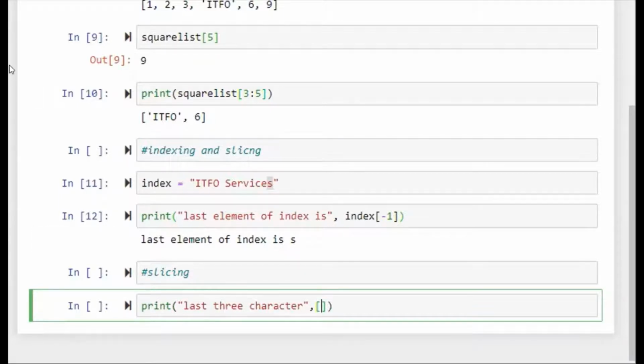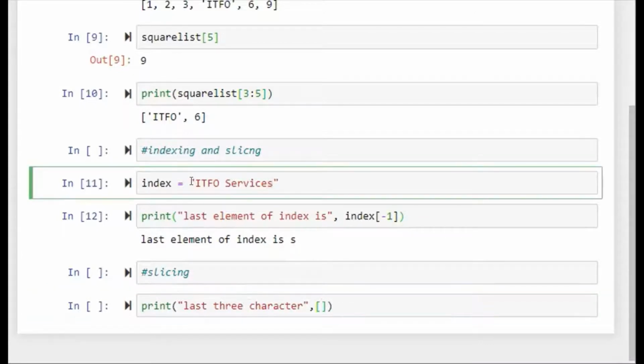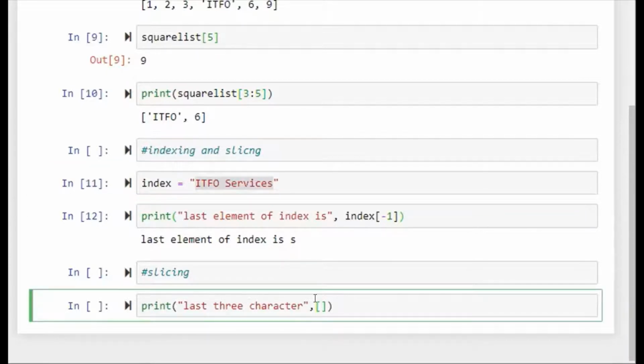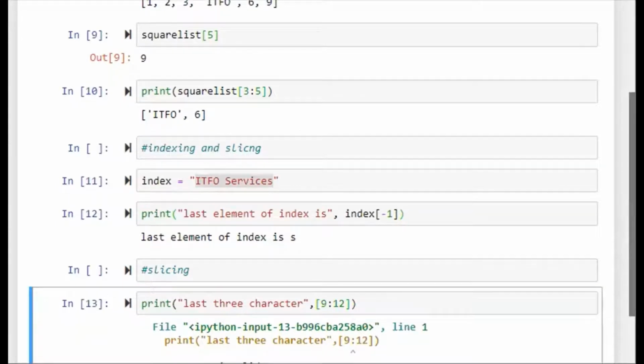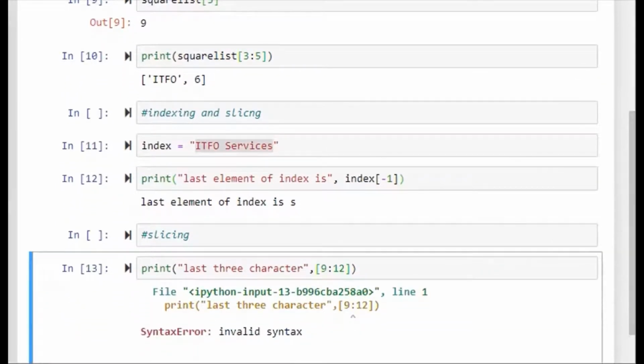If we count the total, it is 4, 5, 6, 7, 8, 9, 10, 11, 12, 13. So here we put 5 to 12. It shows that something is wrong. What have we done wrong here?